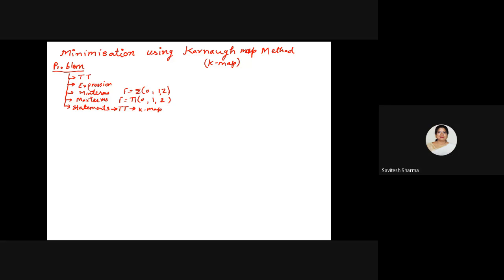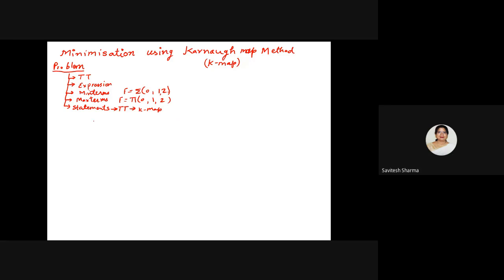Okay. So these are the problems or the given things you may have in the exam. I will take 2 or 3 types of questions so that you will understand what I am trying to say. So here I am going to tell you, if you have a function that has 4 variables.